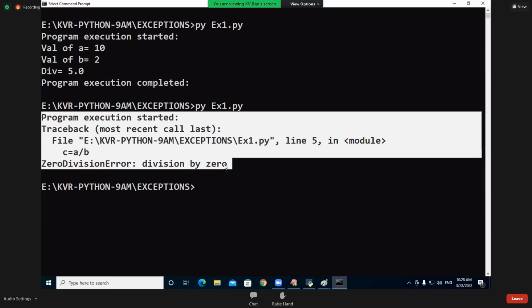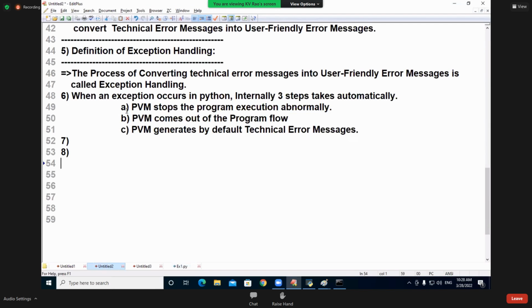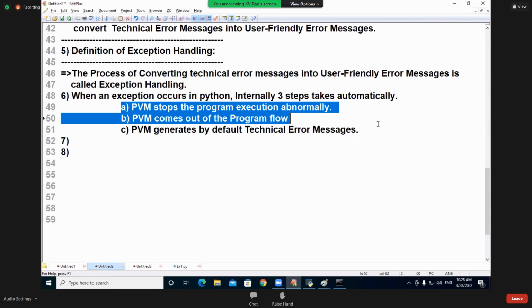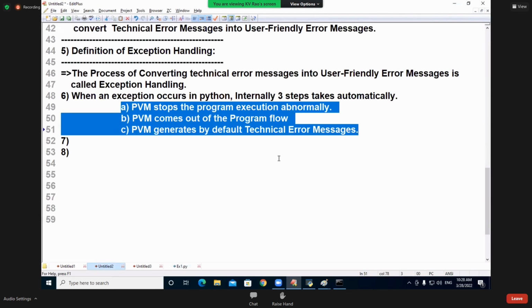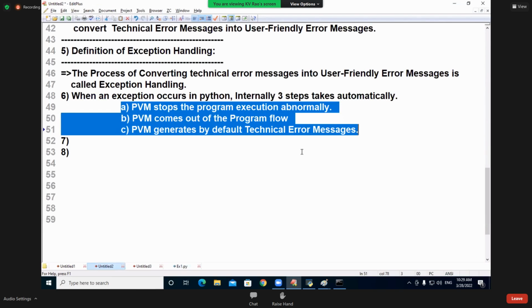So these points are clear or not? First of all, these points are clear or not? Everybody must confirm. Students who are in the online, are these 3 points clear, students? Quickly. Because I want to make exception handling wonderful, because this is a compulsory component for the strongness of the Python program. Okay. Right. ABC points are completed, students.